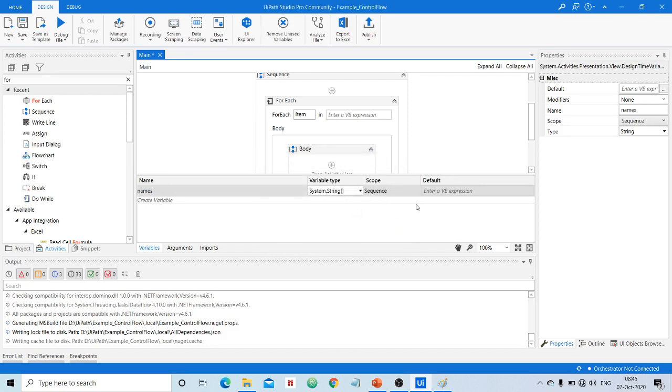As I said, the requirement says they will give names like this: X, Y, Z. Sorry, I typed X, Y, Z. Then each element should be separated with a comma, then A, B, C. Then again I will type A, B, D, then D, E, F. Let us assume there are 4 names given in this array called names: XYZ, ABC, ABD, DEF.